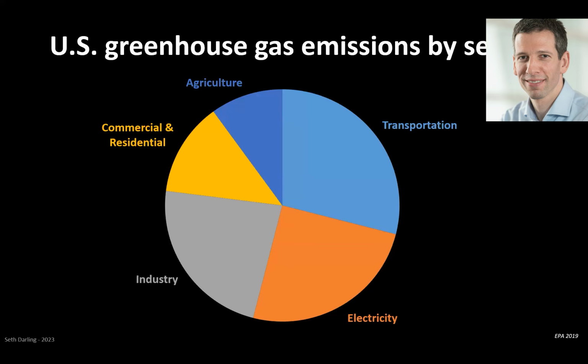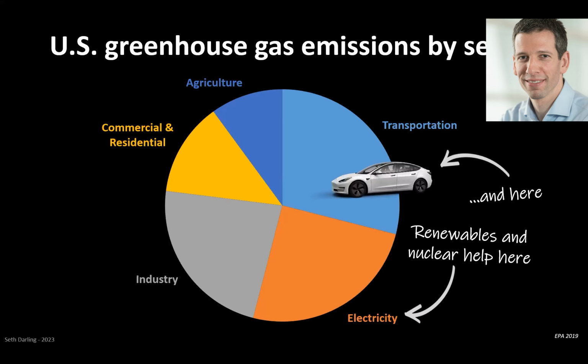So this is where our greenhouse gas emissions come from in the United States. And it looks a little bit different when you look at the global numbers, but it's all the same idea. Everything I've been talking about is really about tackling that slice of electricity production. And as we have more renewables and nuclear, we're going to decarbonize that part of our emissions. It's going to help a little bit up in transportation, because as more and more electric vehicles start getting used, we're replacing fossil fuels with hopefully renewable or nuclear created electricity, decarbonizing part of the transportation fleet,